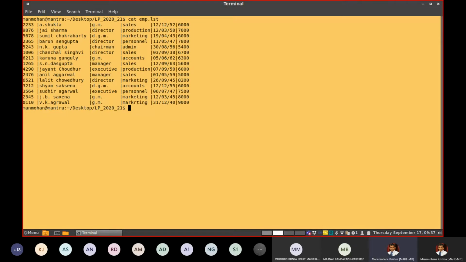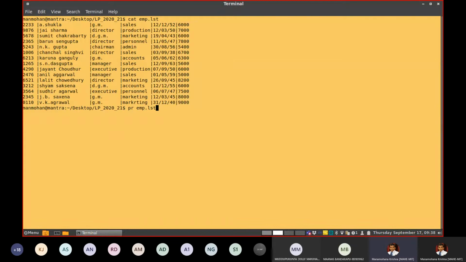Now look into the various commands. One of the commands that you can try is called the pr command. Okay, now what will happen if I say pr? This pr command prepares a file for printing by adding suitable headers, footers, and formatted text. A simple invocation of this command is to use it with a file name as argument. So you have to say pr, then you write emp.lst.